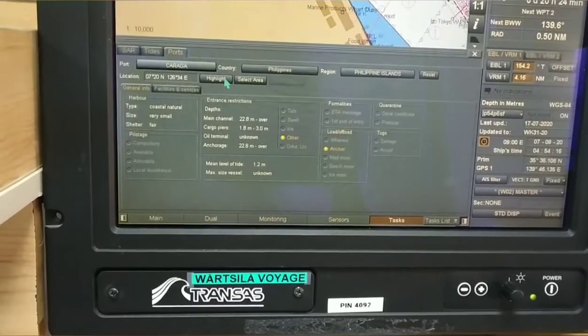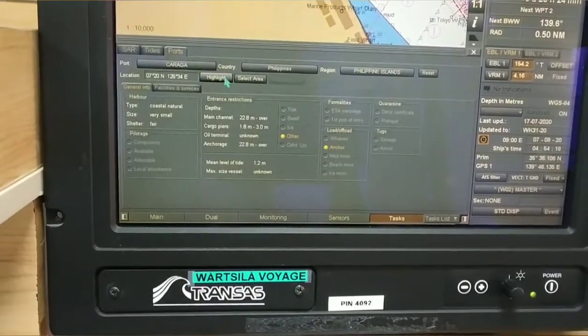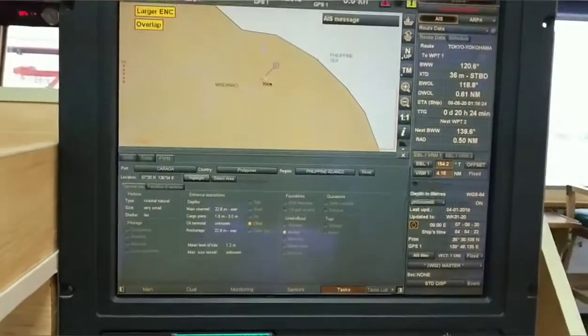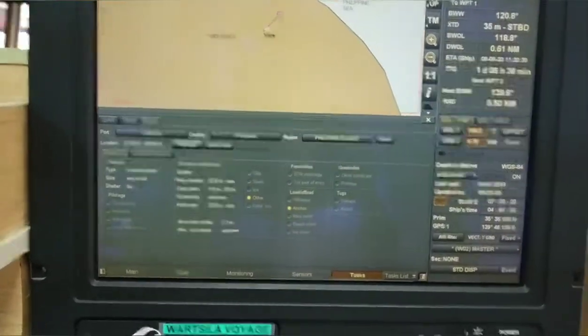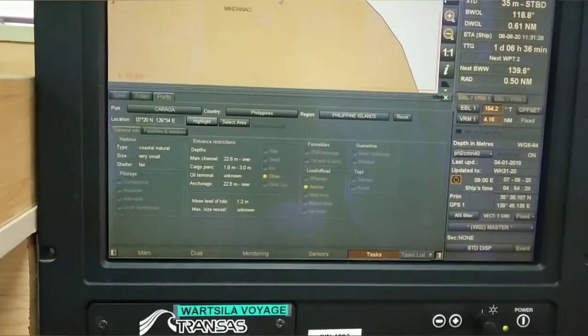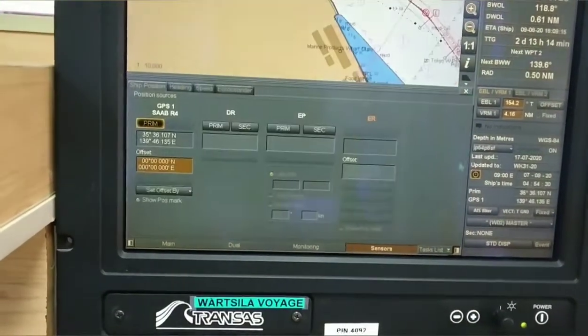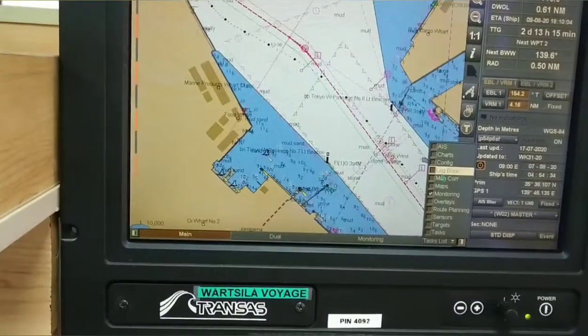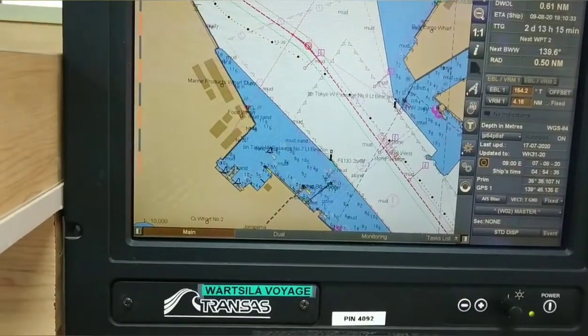I want to go to that particular position, click on highlight. So this is Karga. While passage planning, it is a very important and useful feature for getting information regarding any port. So I have explained all the features regarding the task list.